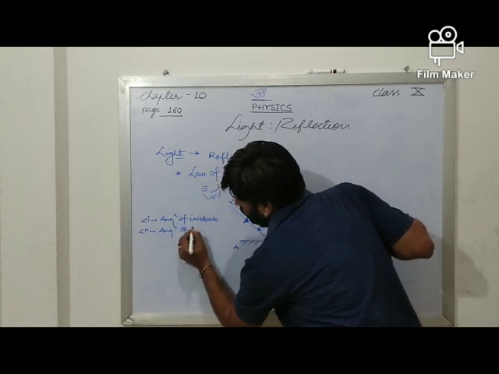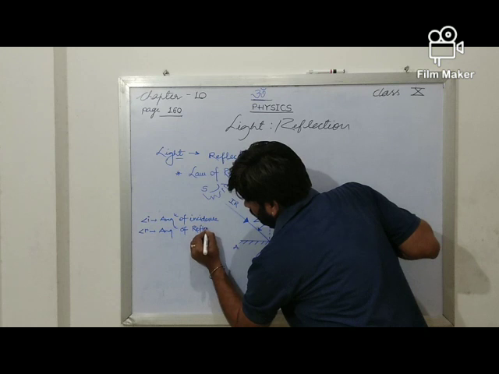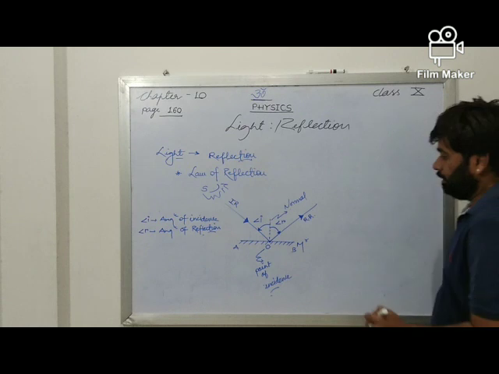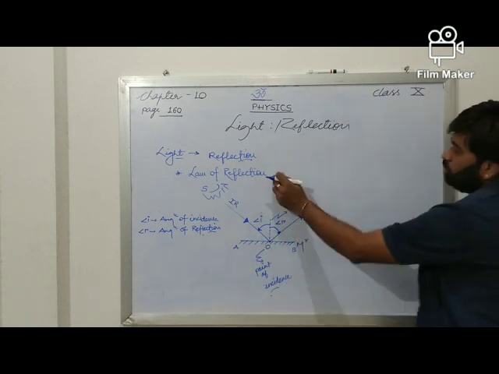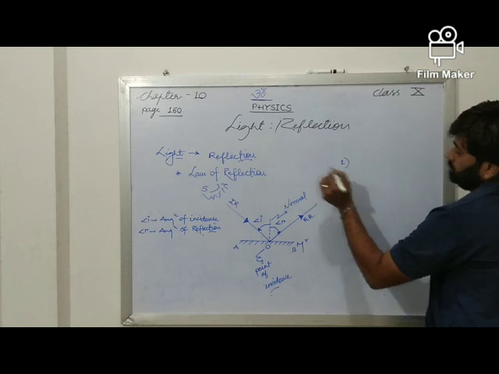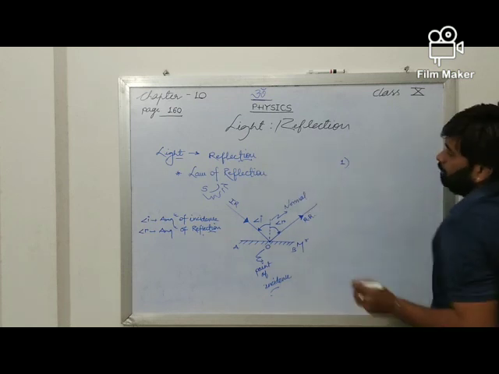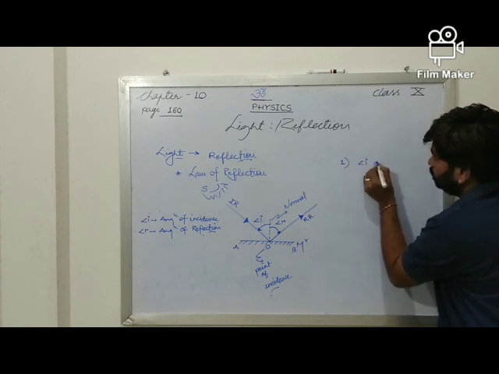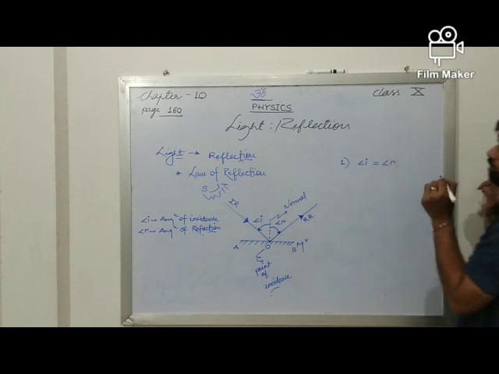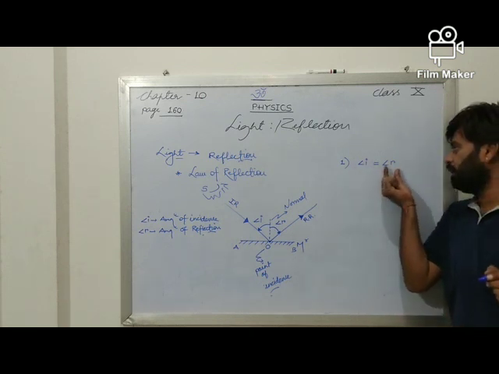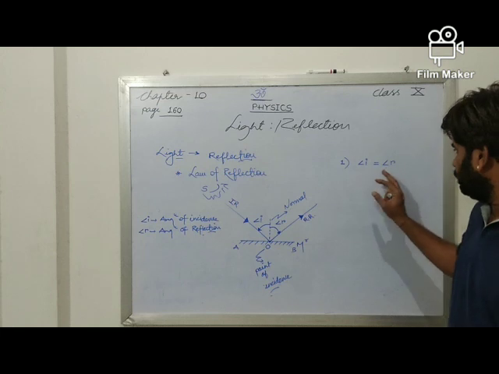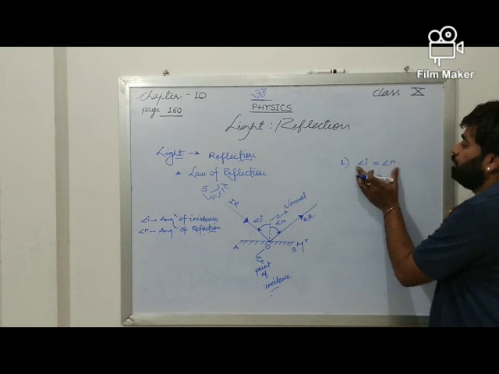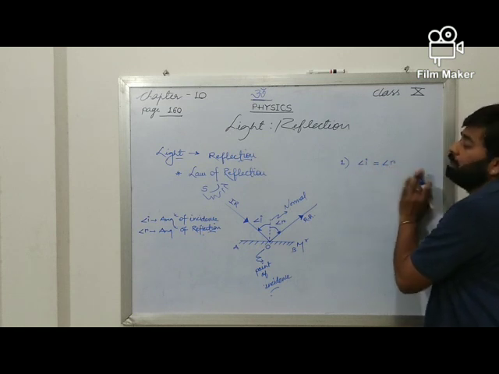Angle of reflection. Okay, now what this law says, the very first point, which we used to get through experiment, is that angle I is equal to angle R. Angle of incidence will always be equal to angle of reflection. Related to this, we already had an activity in 8th class, through which we have already calculated that angle I will be equal to angle R.